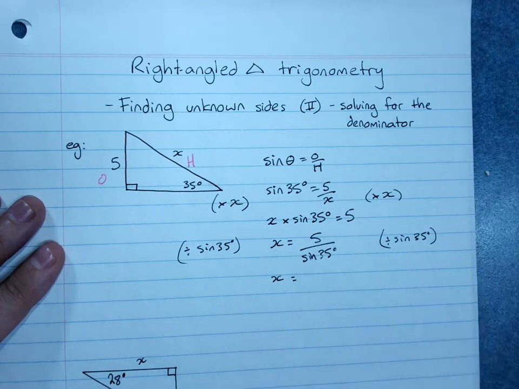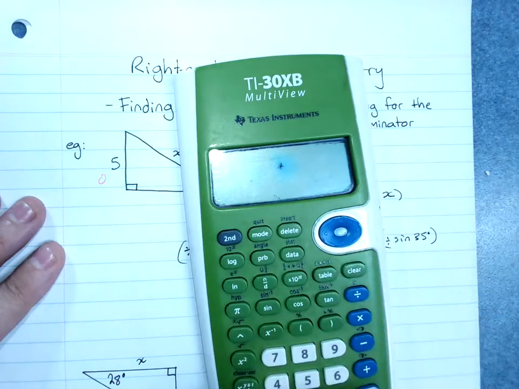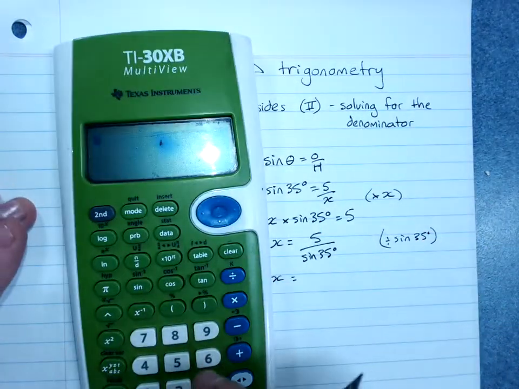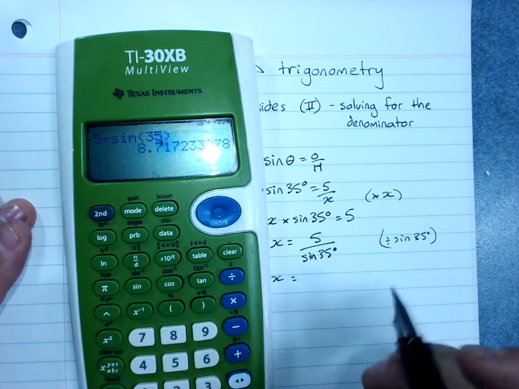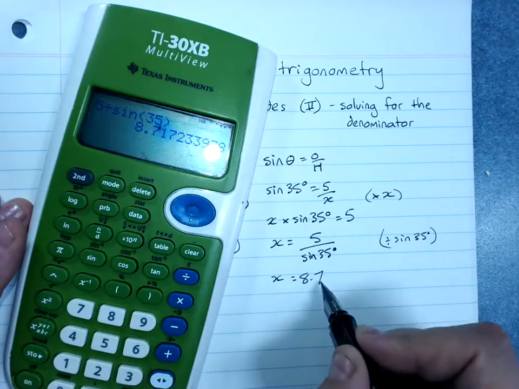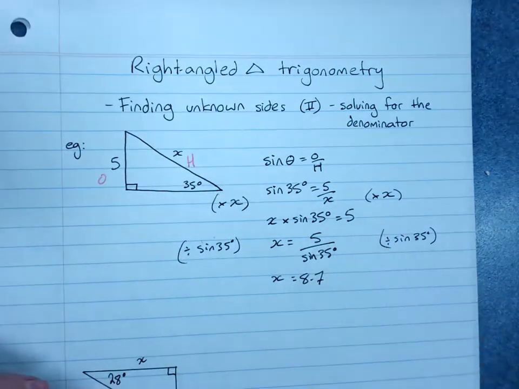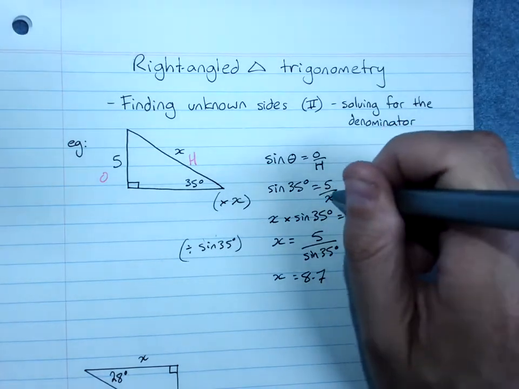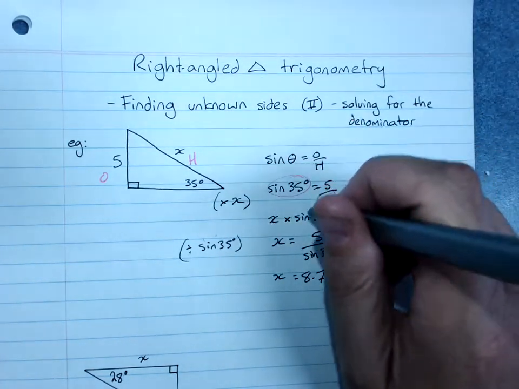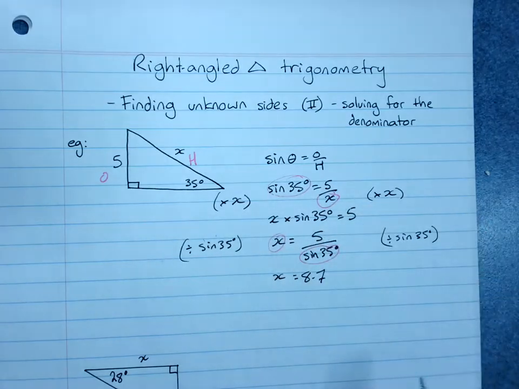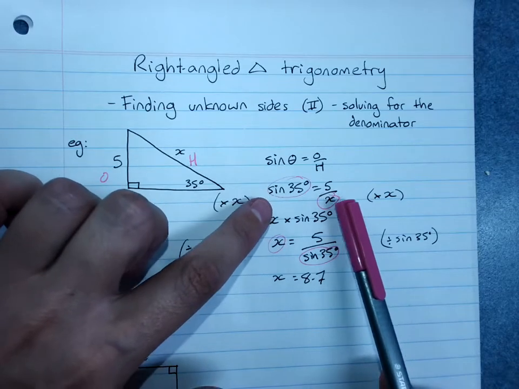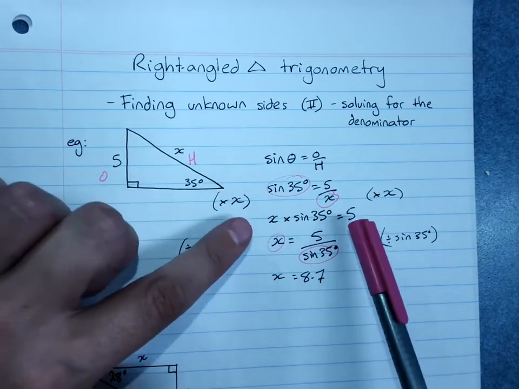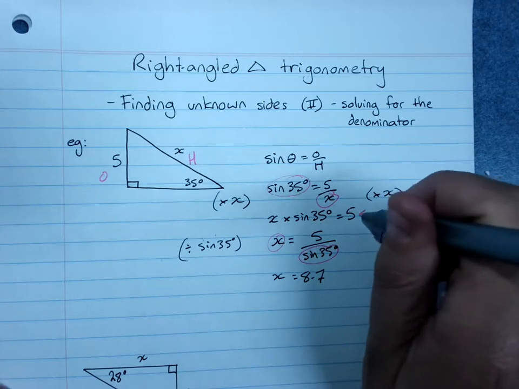And x equals, check that we're in degrees, 5 divided by sine of 35 degrees. X is 8.7. Now, what you'll notice has happened is that the x and the sine of the angle have effectively switched places. As long as you can remember when that happens, I'm okay with you skipping this line of working